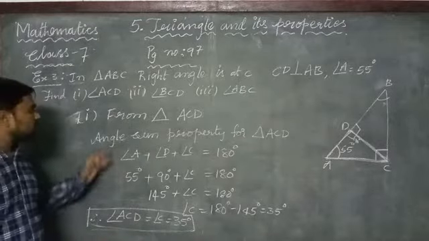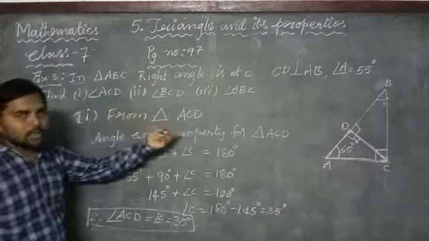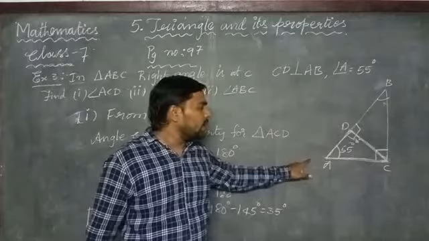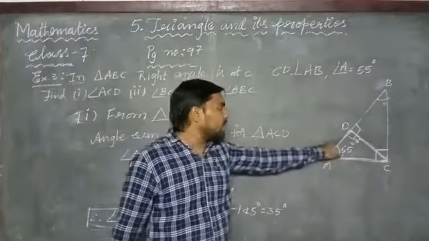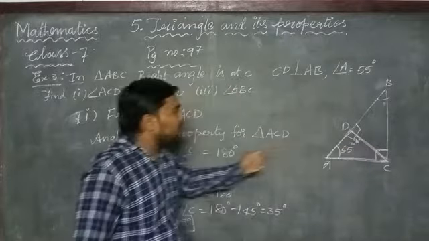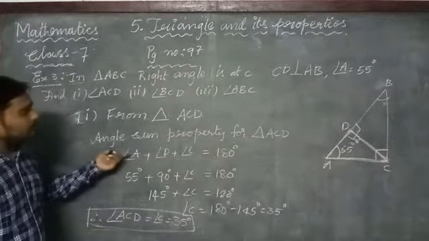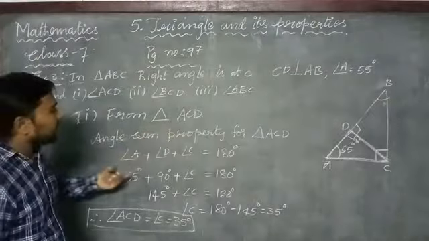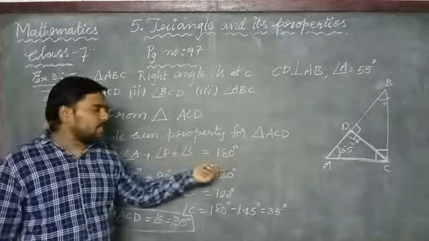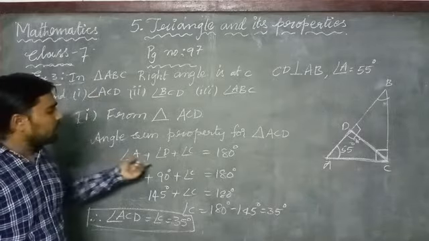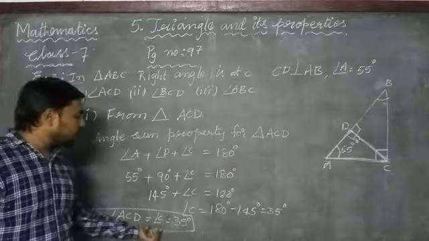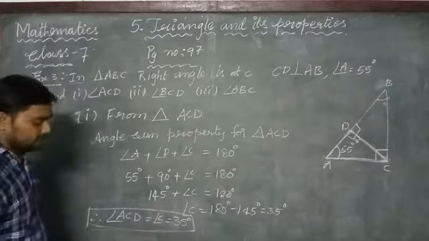First of all, we have to see the two triangles in the given triangle. Here ACD is one of the triangles. A is having the angle 55 degrees and D is having 90 degrees. Then we can find the angle C with the angle sum property. If you apply angle sum property on triangle ACD, the sum of all three angles equals 180 degrees. Here they have given angle A and angle D. After substituting all these, we can get angle ACD is 35 degrees.